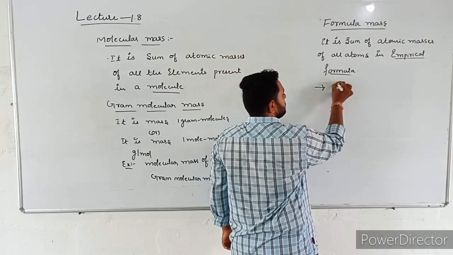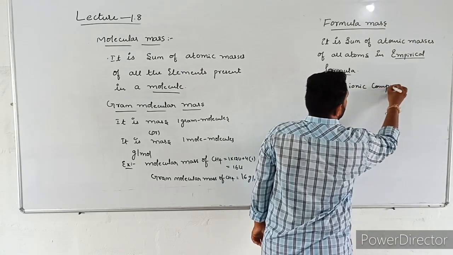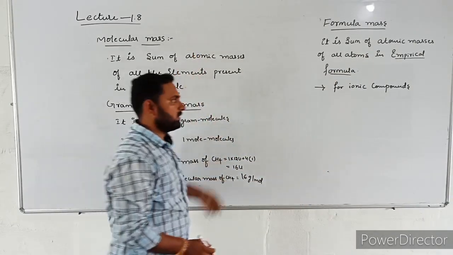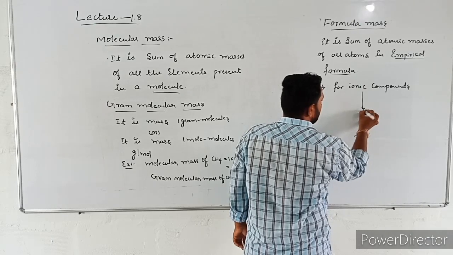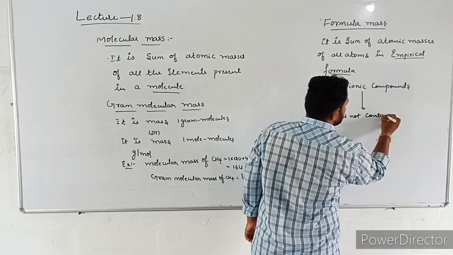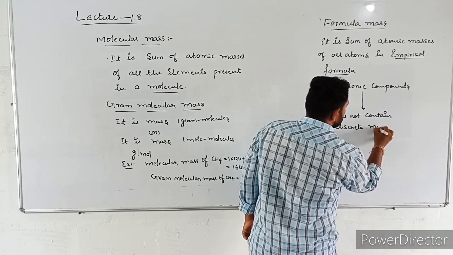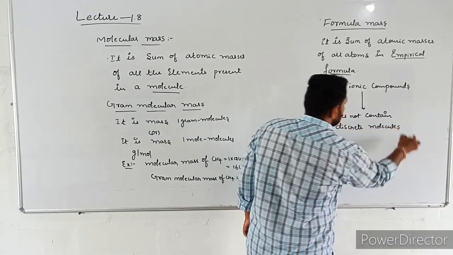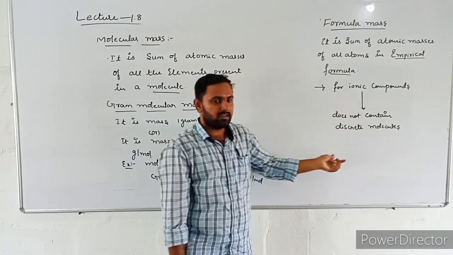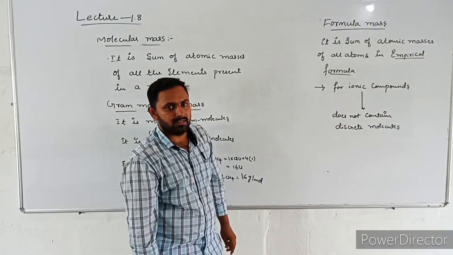For ionic compounds, we calculate formula mass instead of molecular mass. Why? Because ionic compounds do not contain discrete molecules. Discrete means single molecules. Ionic compounds do not contain single molecules because in ionic compounds the ions are arranged in a